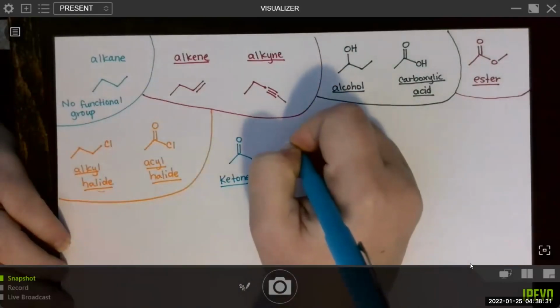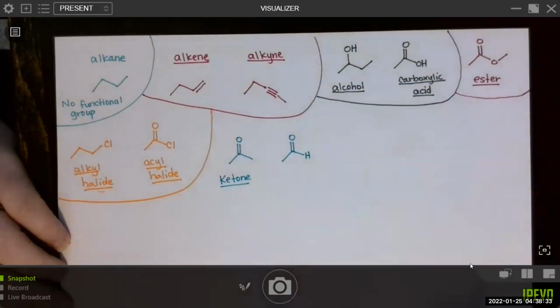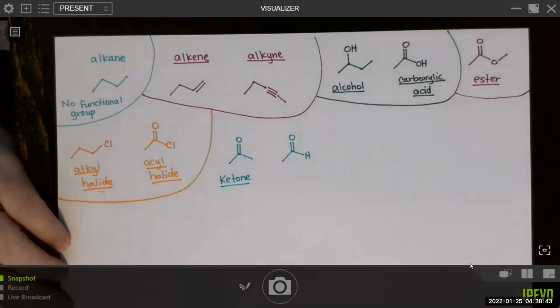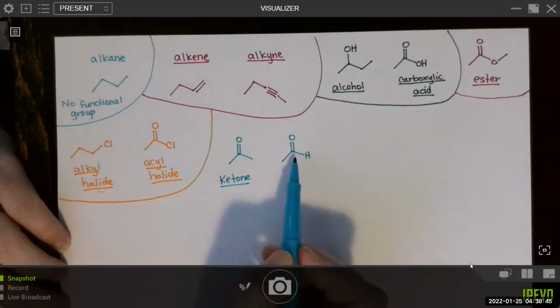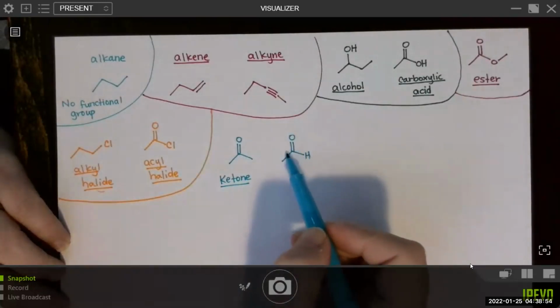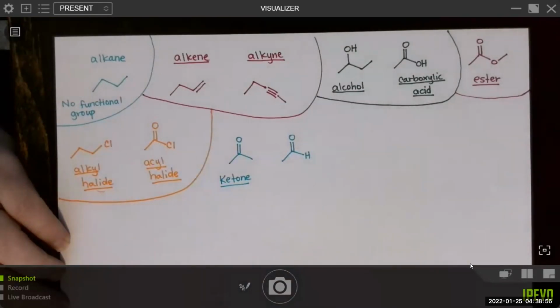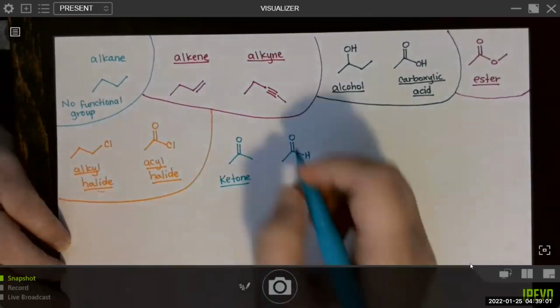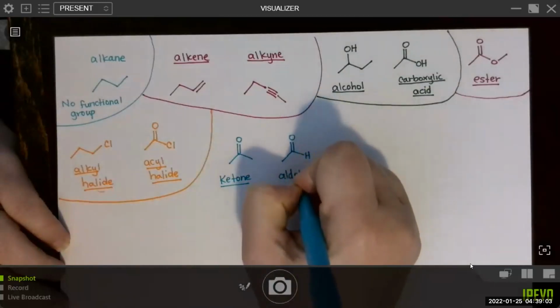Very similar to a ketone, but where the carbon double bonded to the oxygen is now only bonded on one side to a carbon, on the other side to a hydrogen. This is, by the way, an exception. This is one time when we will draw in a hydrogen attached to a carbon. Normally that's omitted in a line structure. In this case, we draw it in just because we don't want somebody to think we accidentally forgot to draw it and we meant to draw a ketone or something. So now this is called an aldehyde.